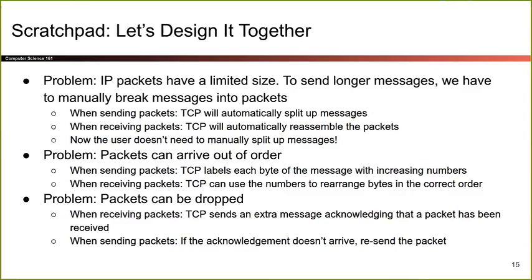So this way, no matter which one shows up first, the recipient will know, oh, this box is the first one and this box is the second one. So that's basically what TCP does, is it just tapes a number on every package so that when the recipient receives a bunch of different packets, it can see all the numbers and then put them back in the right order. Okay. So that's a kind of a useless analogy, but that's one way you can think of it, is I'm just basically taping numbers on packages.